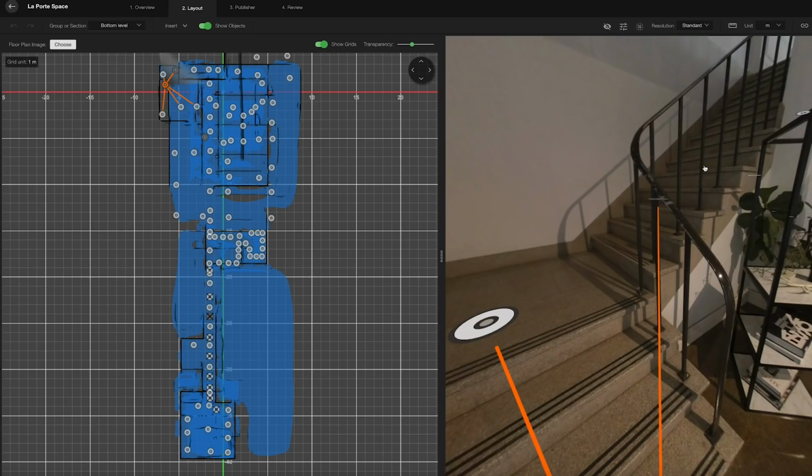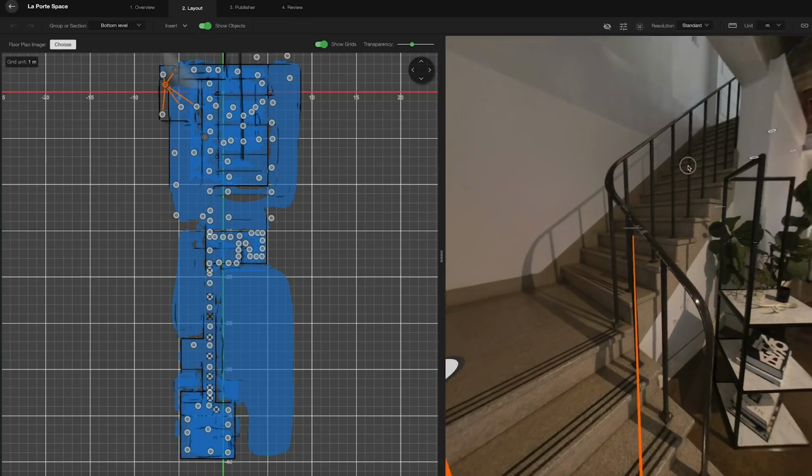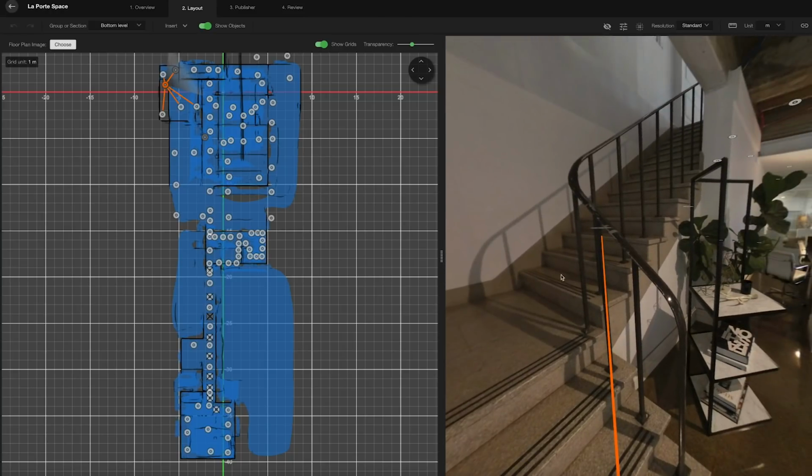Next, we're going to take a look at how we deal with stairs. So when you first upload your virtual tour to Cupix, you need to make the decision, do I want to include stairs in the actual tour and have my audience walk up them? Or would I rather they just went from bottom level to top level, or to your third, fourth, fifth level, and so on with one click of a button? If you do want them to manually walk up the stairs, you'll need to upload the entire tour as one single section.